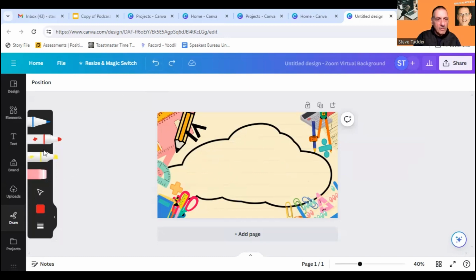You can do it in the yellow. But yellow, that's not going to work on here with that background. You can do it in blue. So there's all different things you can do with the different tools.